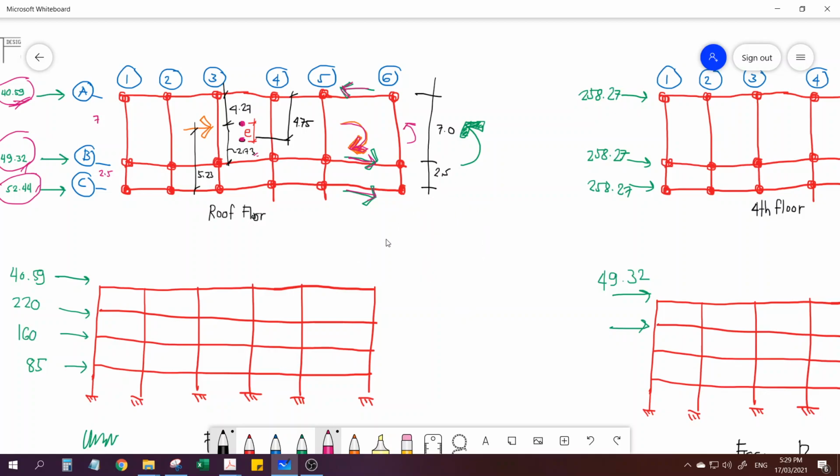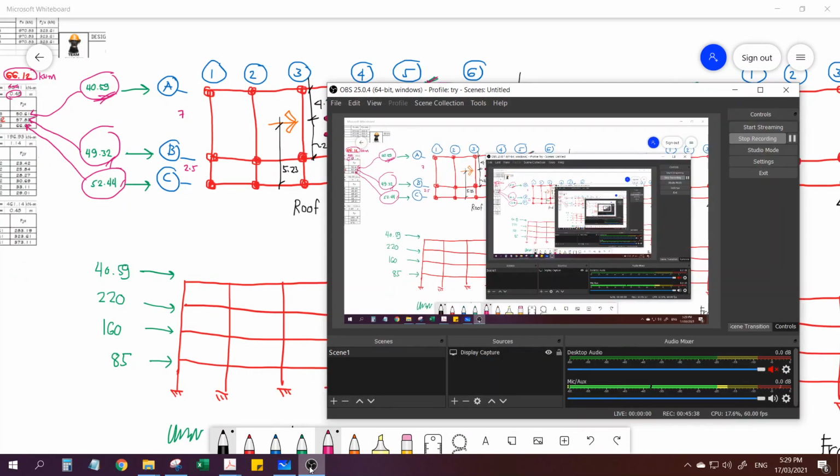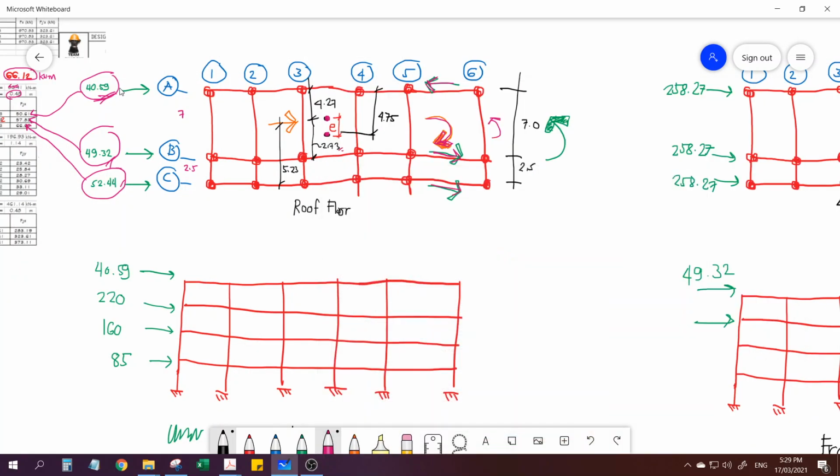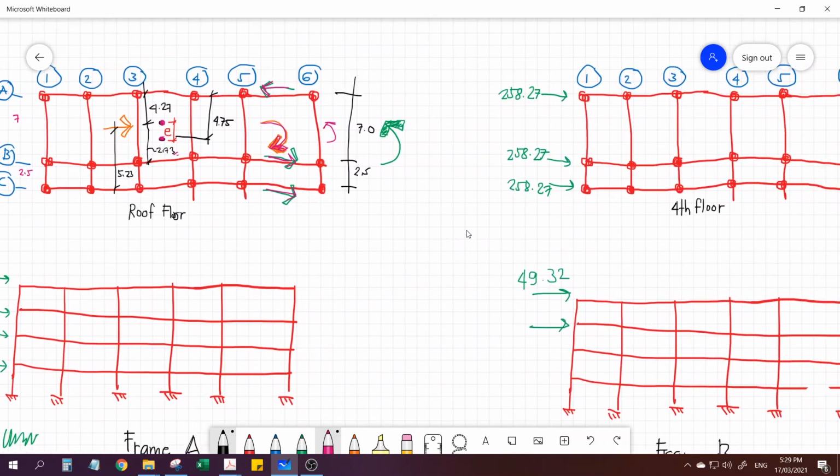Okay? So, you will repeat the same process for each floor. So, nakita nyo yung trend, no? Yung sa frame A na bawasan, no? Pero sa frame B and C nadagdagan. So, you can now imagine yung